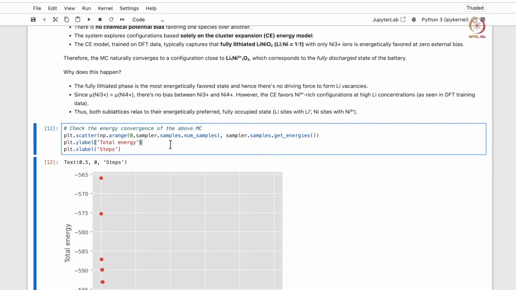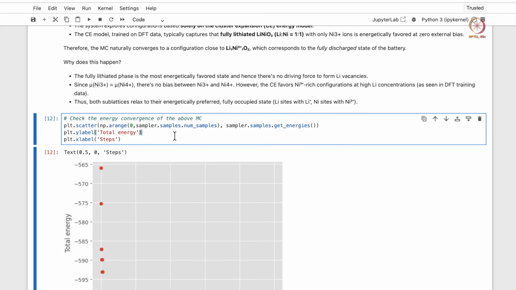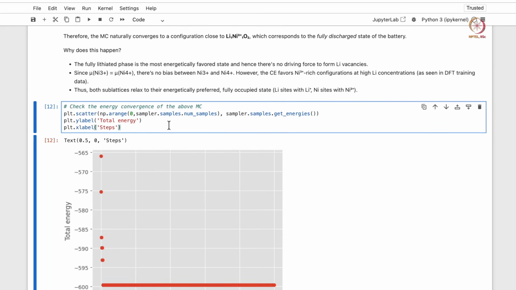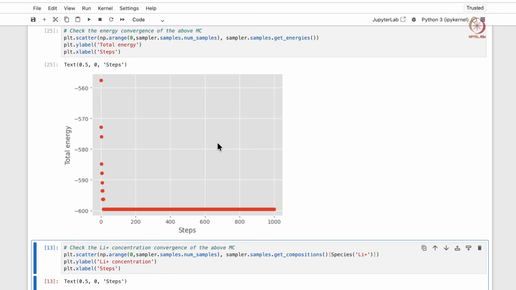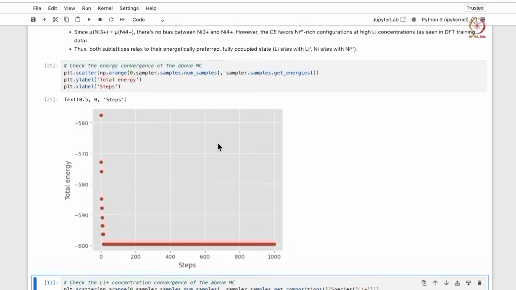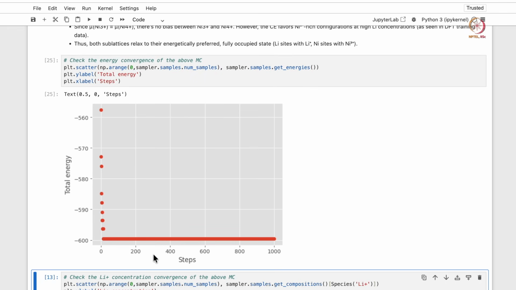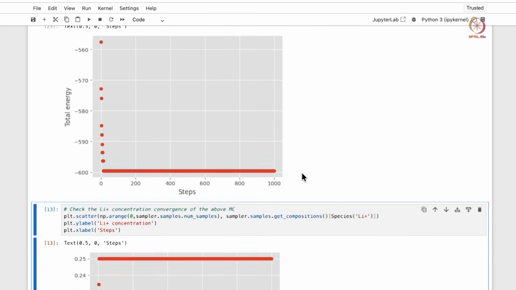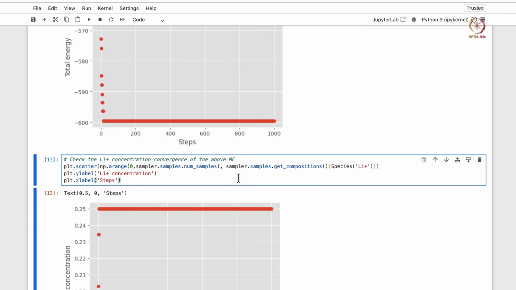We can also print total energy versus steps. Execute this cell, and you see that as the simulation runs, the total energy decreases with the number of steps. We can also plot lithium concentration versus the steps.